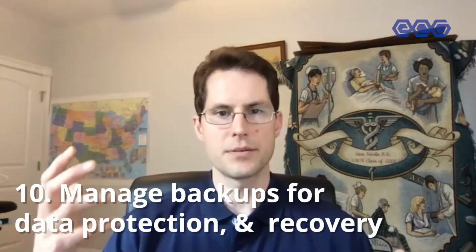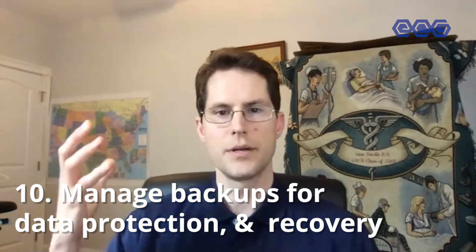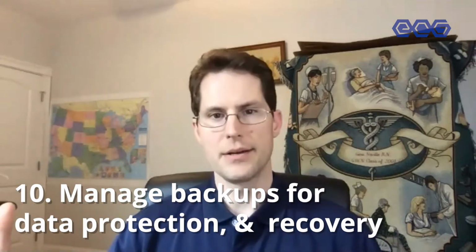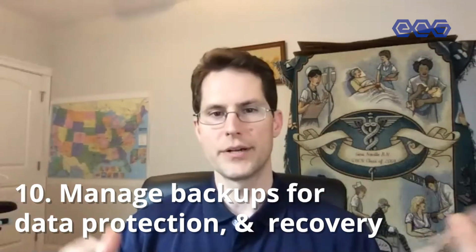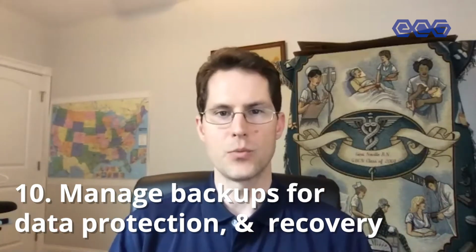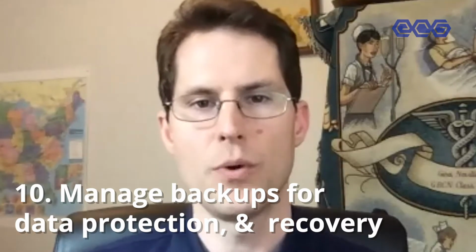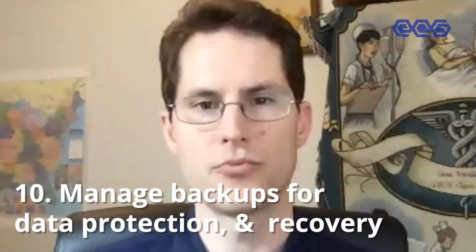One of the things that passwords can get leaked out in is, well, how are you backing up your data? Is one system policy making you vulnerable in another way? So when you do backups, what are you backing up? And if you're backing up sensitive information, how do you protect the sensitive information without overly complicating the disaster recovery